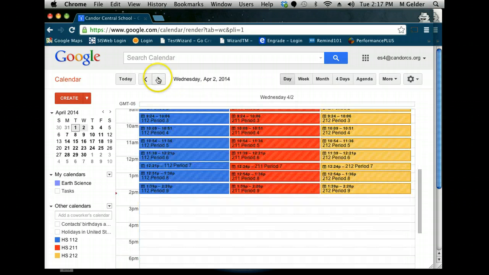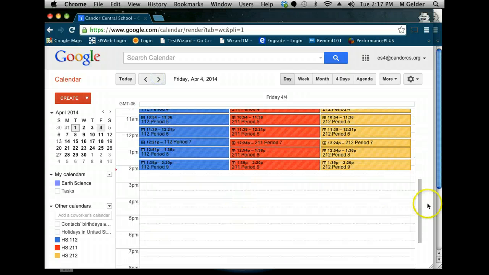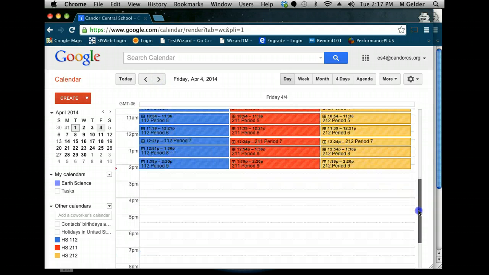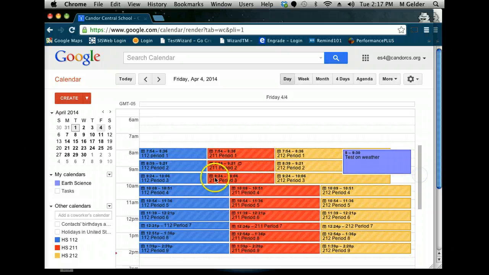To switch through the week, you can flip through like that, and it'll show you. I'm just scrolling up and down. You can click and drag and look through the whole day. In order to sign out a computer lab, as I had said,